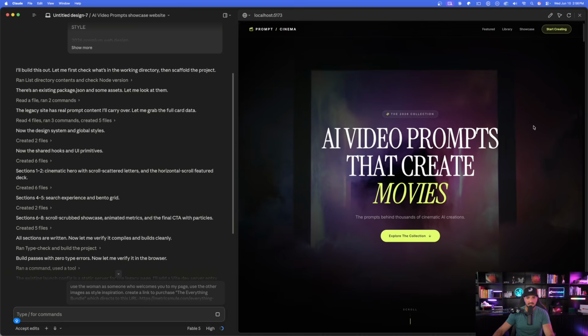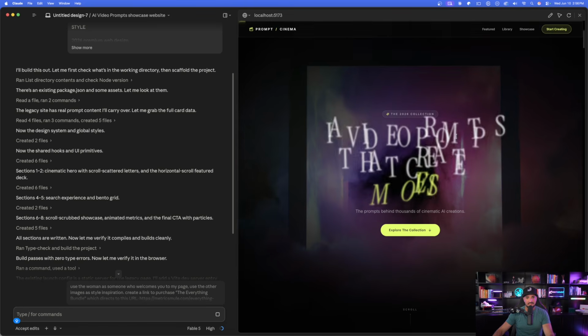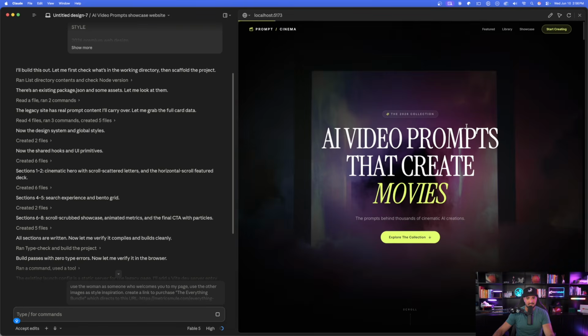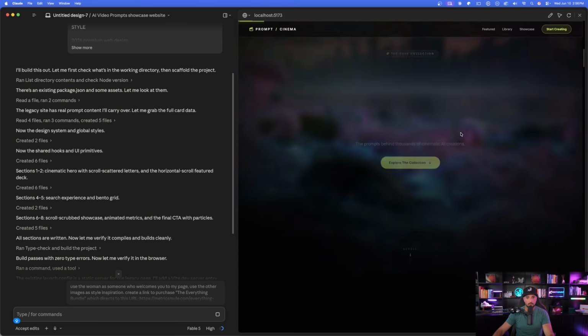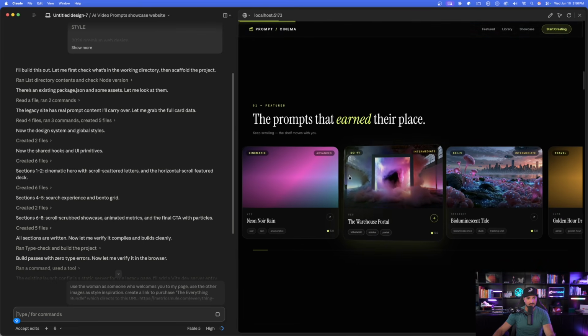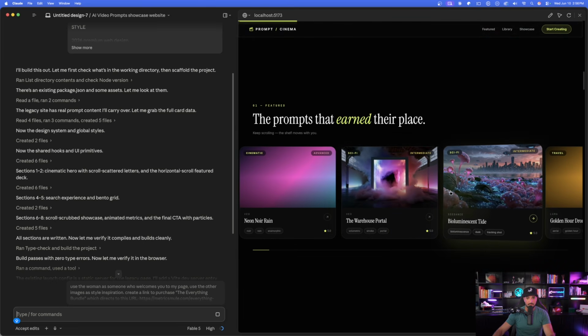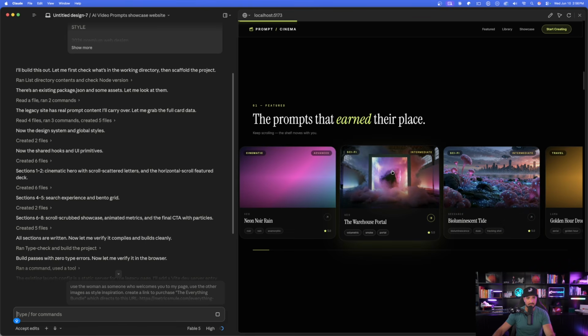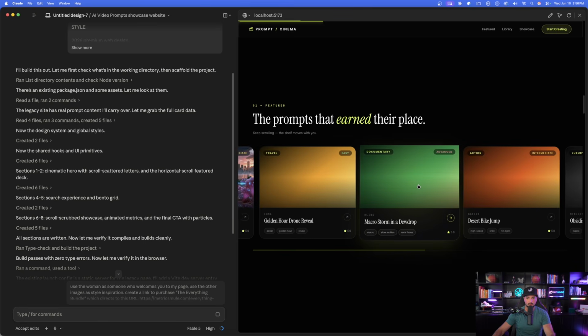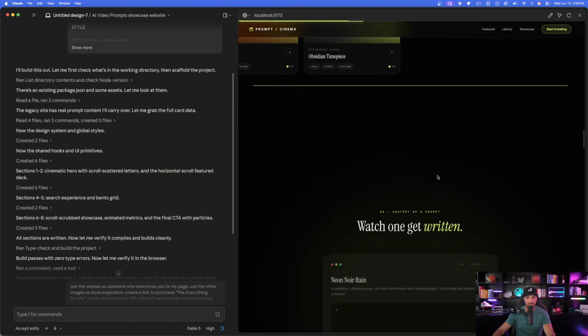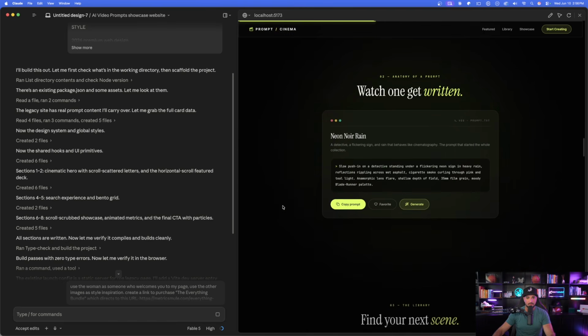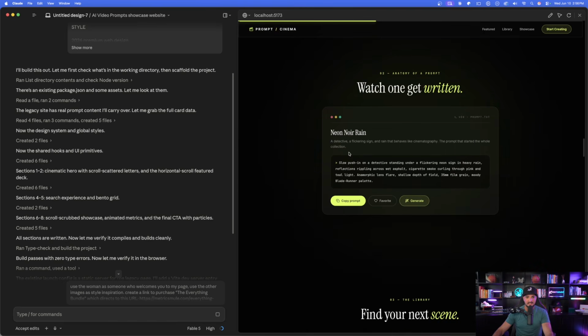Look at this as I scroll down. Look how amazing these effects are. The text, it even used my portal background as I scroll down. There it is. There are going to be those prompts right there. And the cool thing about this is that, look, this also scrolls from left to right. Incredible. Scroll down even more. Beautiful. Look at this. There's that neon rain one. I could generate, copy prompt.